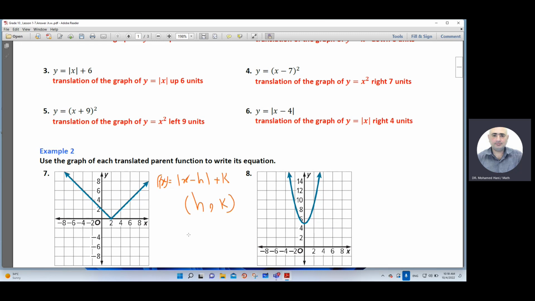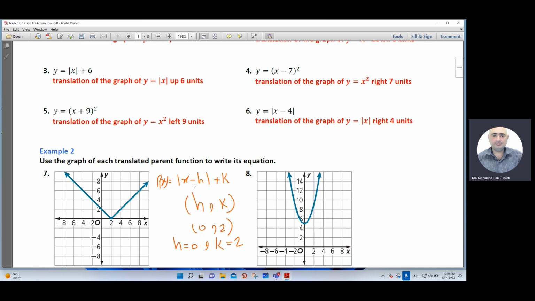H and k mean the extremum, the minimum or the maximum point. And here we have a minimum. H means the location of the minimum or the maximum on the x-axis, and k the location on the y-axis. So this is the minimum. What is the location of this minimum? (0, 2). So the value of h equals 0 and the value of k equals 2. Then you can substitute the values